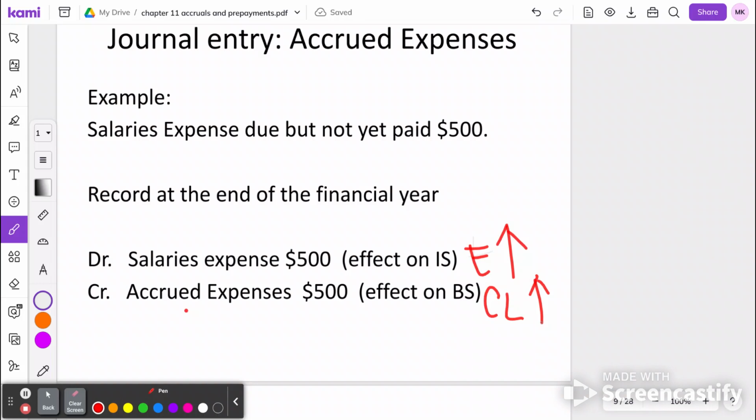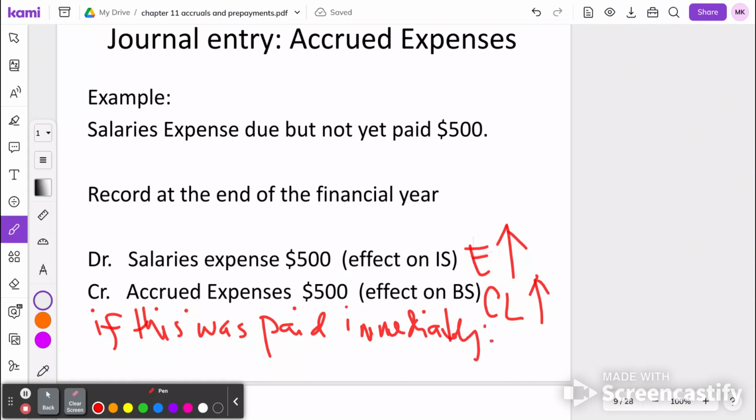If you recall my first example about the rent, if all went very simple, and you paid it immediately, then the journal entry would have been simple. You just debit salaries and credit bank. All right? But this was not the case. You paid it later. That's why instead of crediting bank, you credit accrued